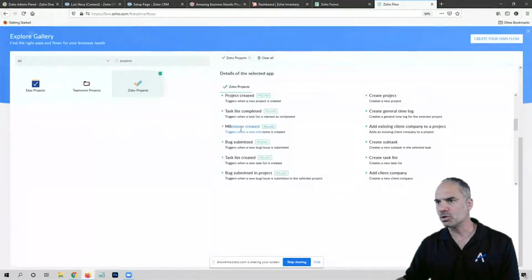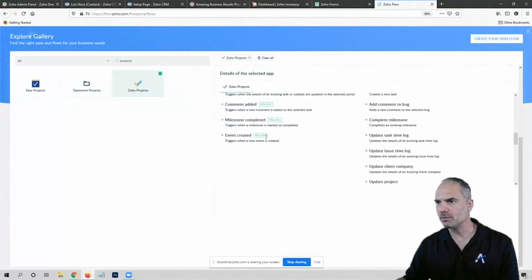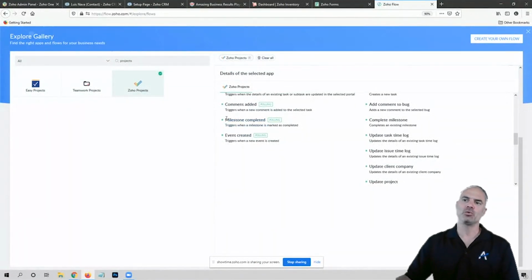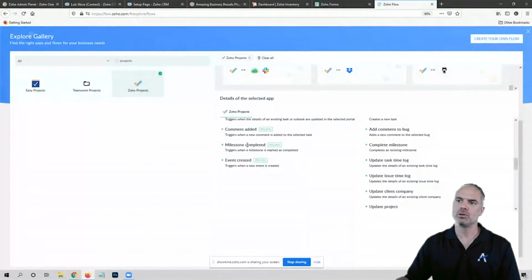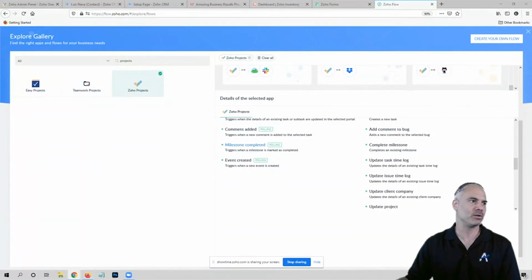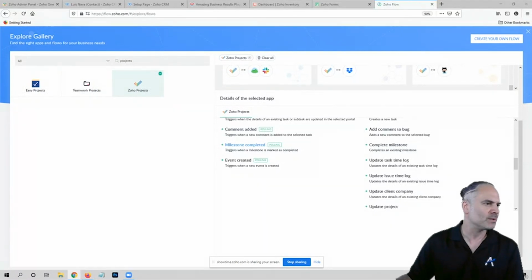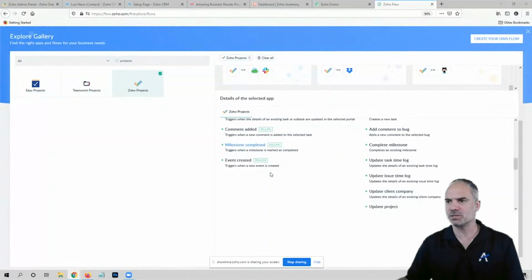We have milestone created, milestone completed. So basically you need to create a Zoho Flow, and the Zoho Flow will be triggered when the milestone is completed. And based on that, you can take action on what you wanted to do. You can send an invoice. So that's something that you can do. I assume with Zoho Flow, you need to test it.